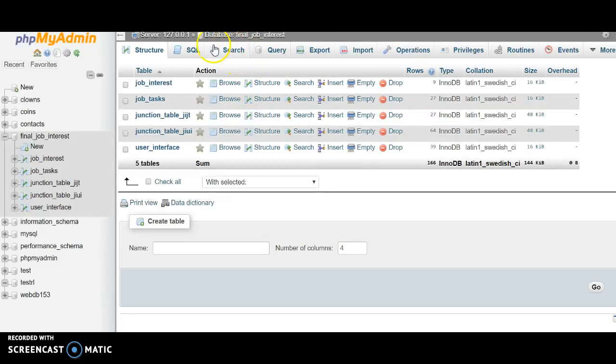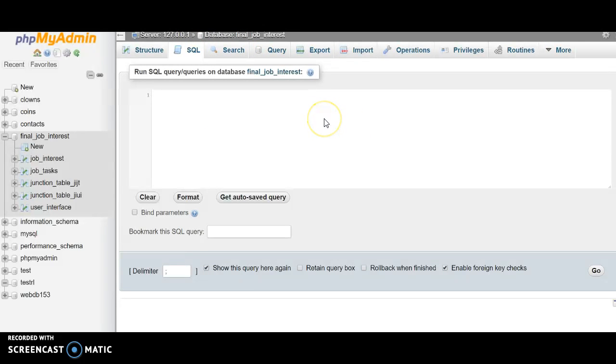And finally, we will create the view, clicking back on the final job interest database. I'll put in the create view command with the subquery. This tells us that for UI ID, the user interface ID number 20, which was MySQL, select the job ID, and we had 3. But I really want the job title, so I use the increment. So I wanted the view using as